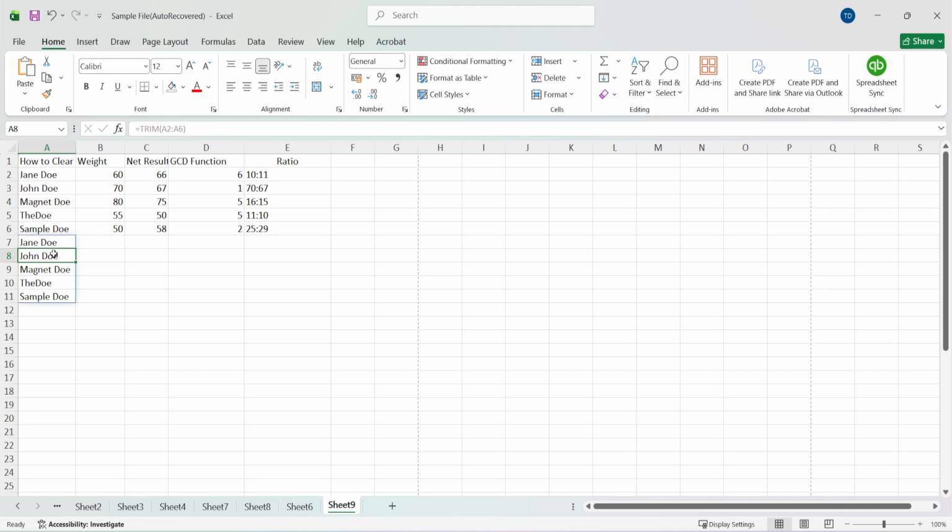Once you've got all your trimmed results, select all the cells that have your trim formulas and press Ctrl+C to copy them. Then,